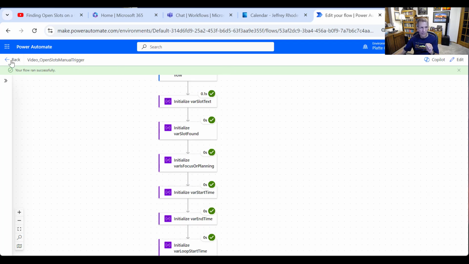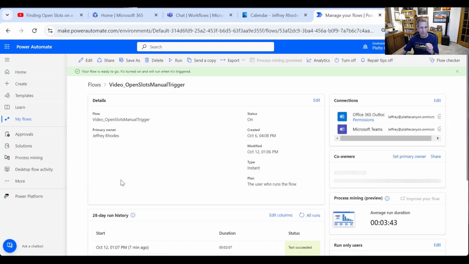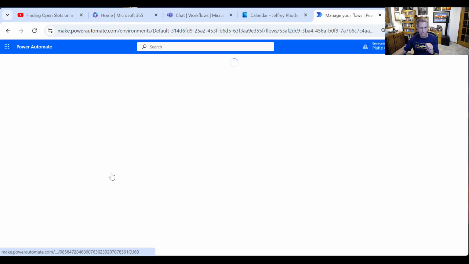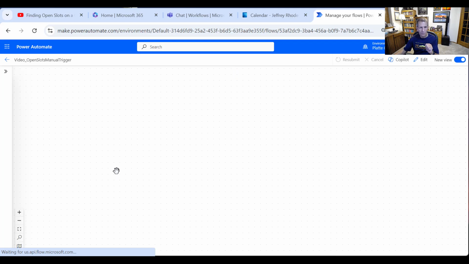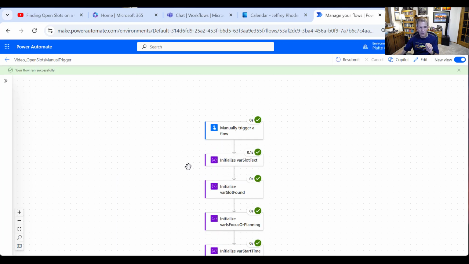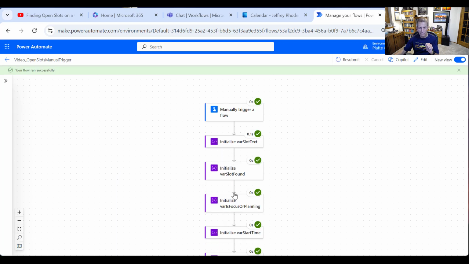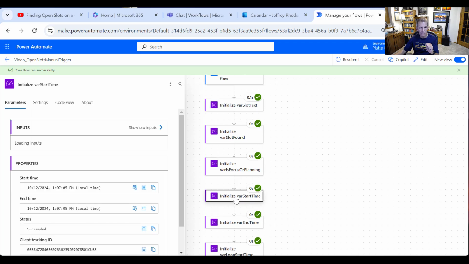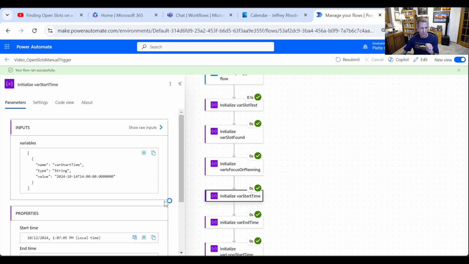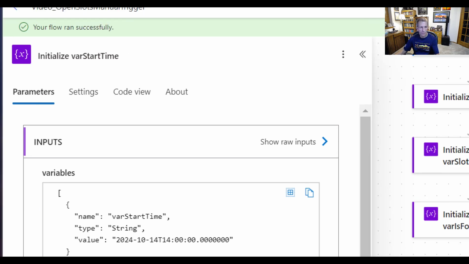All right, let me exit out of this and come back. There we go. There's our debug there. Let's see if these are working now. Yeah, there we go. So you can see, let me zoom in on that a little bit. I know I've spent a lot of time on this, but